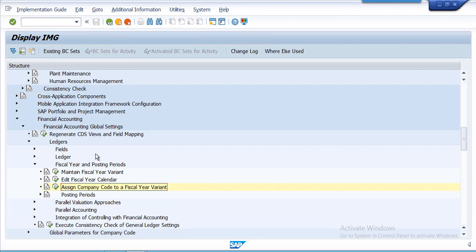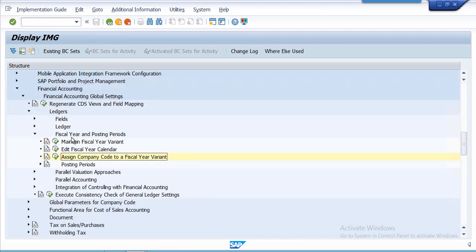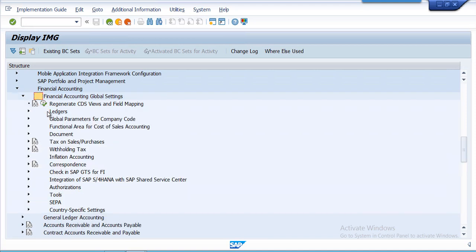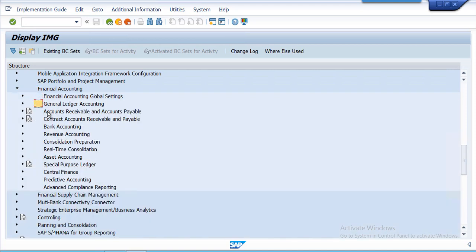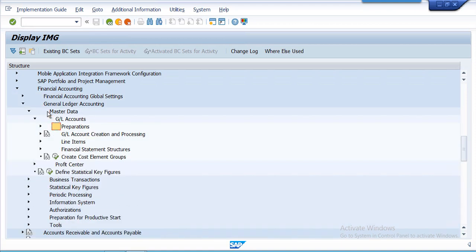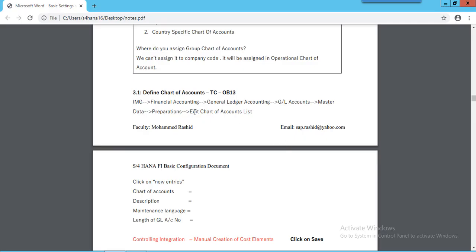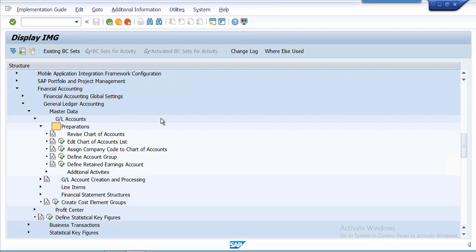Go back. You will find it's almost like ECC only. Only a few changes happen. Financial accounting, general ledger accounting, master data, GL accounts, preparation, edit chart of accounts list.